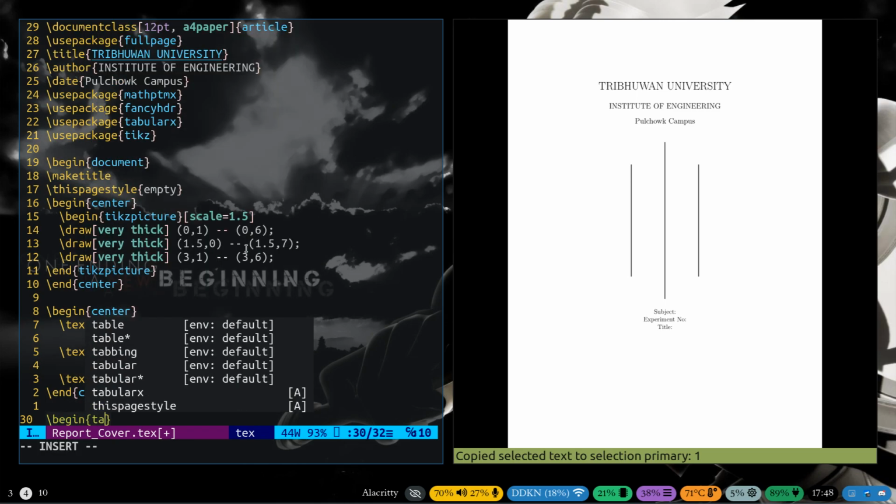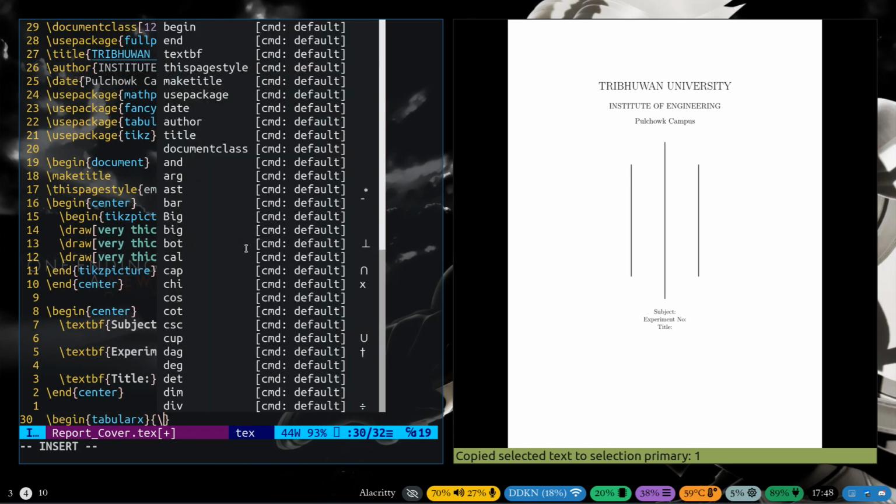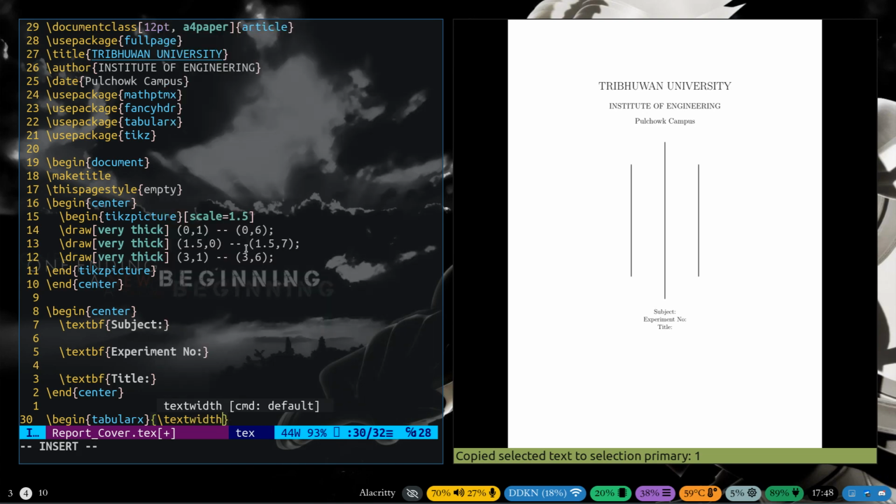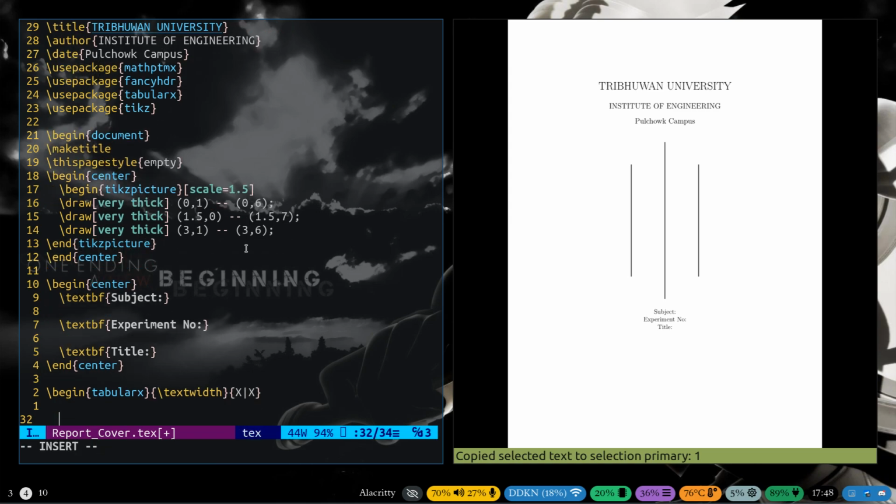Begin tabularx, and you're going to have the text width. Why? Because I want the whole width to be filled with that thing, and I want a vertical line too. So yeah, that's it. So end tabularx. Alright, here is the date that is to be written, date, and the other one is submitted to, right? And the same thing here. And the other one is submitted by,